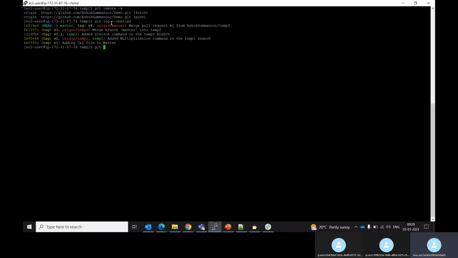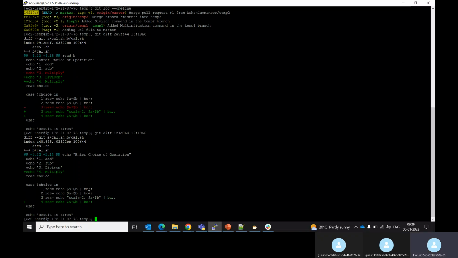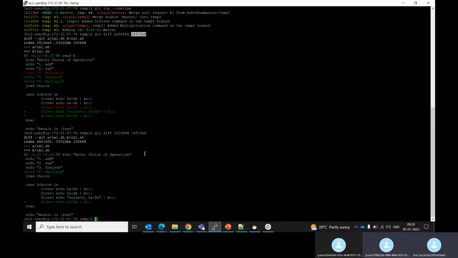If I run git diff, you can see the commit differences. If I see this difference to the main difference, this many differences are there. If I see only one difference, git diff temp2 to the master, these are all the differences where it has added a new line. This is the difference of commits. If you want to check what exactly the difference of commits is, in the conflicts when we use git diff commit ID, commit one, and you can see on the branch also,